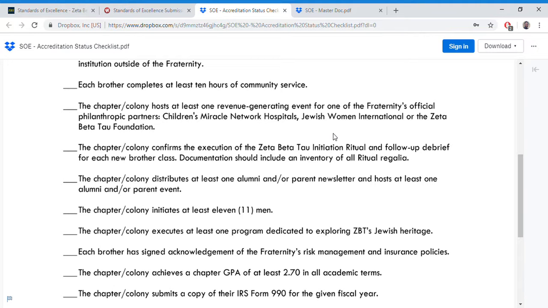The fifth area is that the chapter or colony distributes at least one alumni and/or parent newsletter and hosts at least one alumni and/or parent event. The reason for this being important is recognizing that you're not alone and that the fraternity experience is not just 4 years, but it involves different stakeholders like your parents, and it involves those brothers who came before you